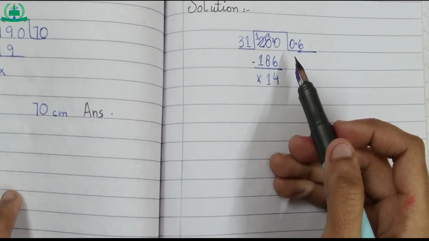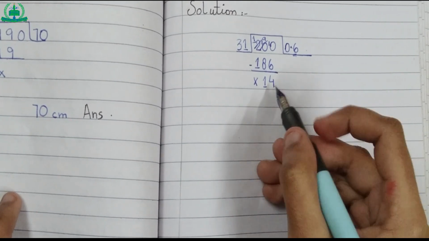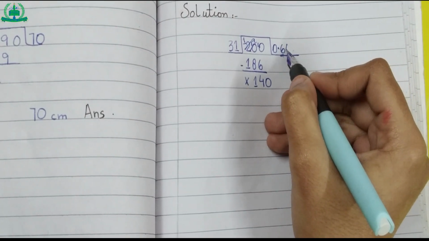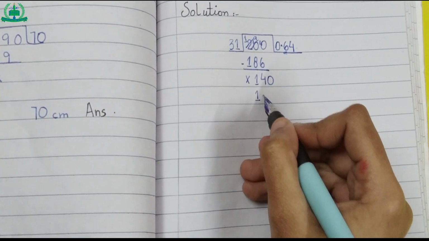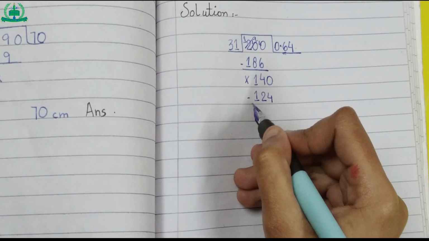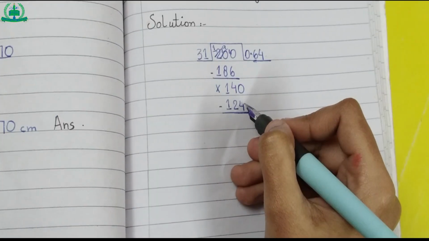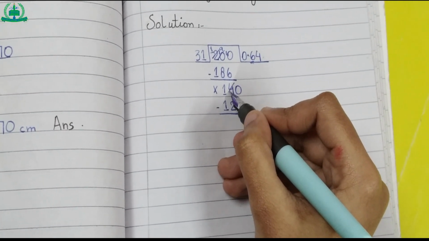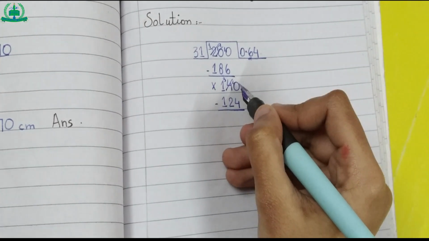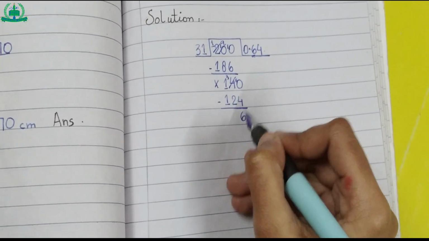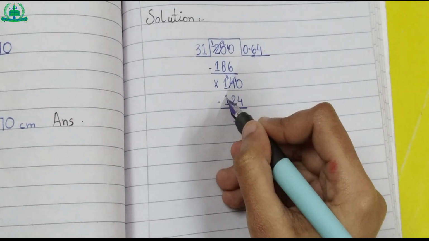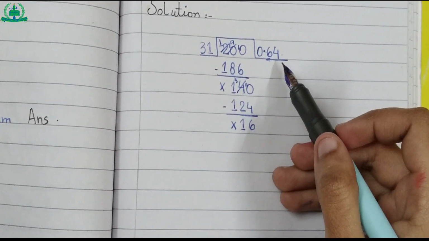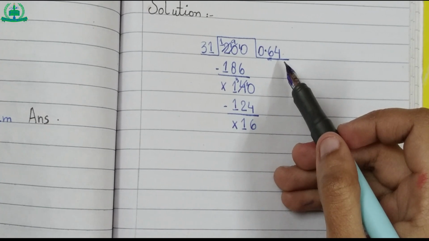We have already put decimal, so we can add another 0. 31 multiplied by 4 makes 124. Minus, we cannot subtract 4 from 0, so we borrow 1 from left hand side. 4 becomes 3. 0 becomes 10. 10 minus 4, 6. 3 minus 2, 1. 1 minus 1, there is no remainder. This question can continue, but we stop at this step because we need only 2 digits after decimal.